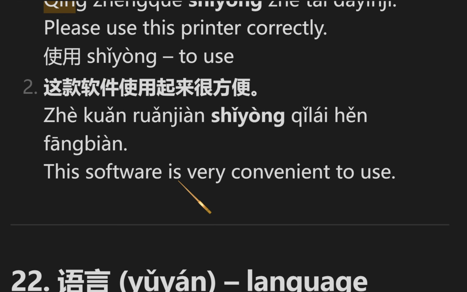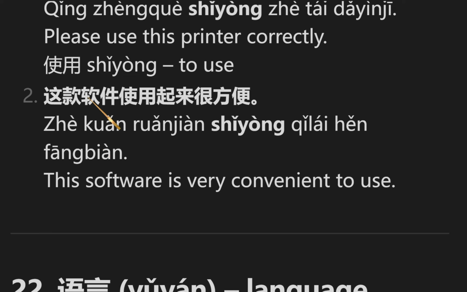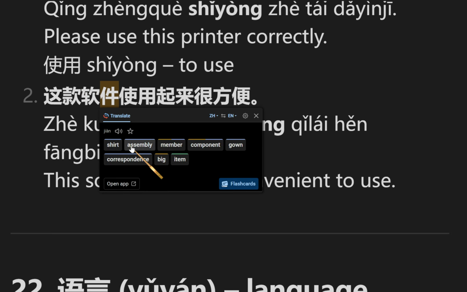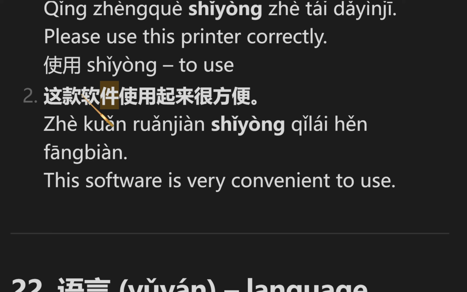This software is very convenient to use. 这款软件使用起来很方便。This one is also not so easy. Here 款 is a measure word for 软件. 软件 is software, because 软 is soft, flexible, weak, floppy, and 件 sometimes also has a lot of variations. Here it's like item, software. You could also say 硬件, hardware, but for now it's okay. 这款软件使用, 使用, to use, right? 使用起来